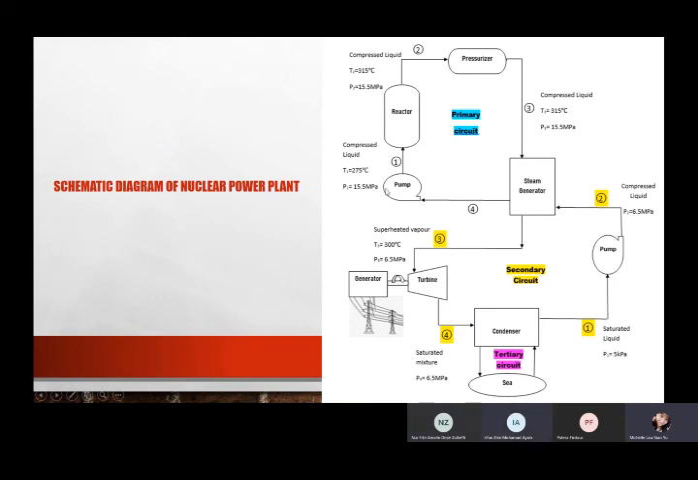As shown in this schematic diagram, we designed our nuclear power plant into three circulations, which are the primary circuit, secondary circuit, and the tertiary circuit. The primary circuit consists of a reactor, a pressurizer, a steam generator, and a coolant pump. So the nuclear fuel